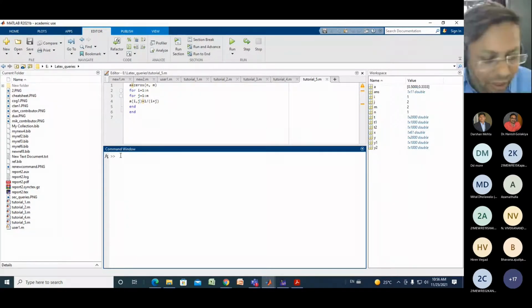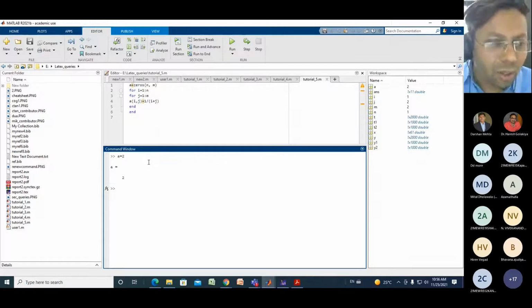For example, if I write a equal to 2, what is the meaning of a equal to 2? We are assigning 2 to the variable a. So now in the command window I can enter any variable. So a is a variable, I can assign any variable, and it will display the